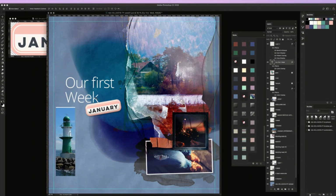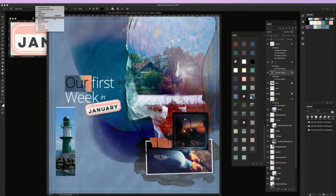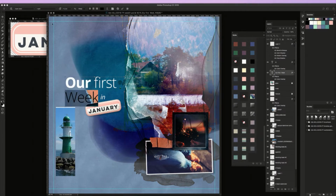Our first week, maybe we need an "in". And what I really like is playing with fonts from the same family, changing them here. Now we have an italic version of the font, and this is what makes your layouts look professional. If you do that, it's modern. If you change the font in the family within one sentence,